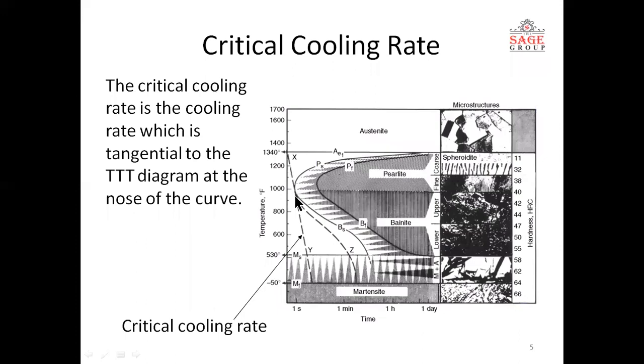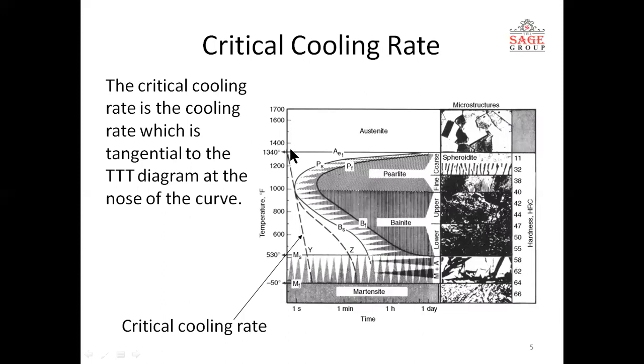You have to achieve such a fast cooling rate because the martensite start temperature and martensite finish temperature are given here. The martensite start temperature is around 500, and it is completed around minus 50 degrees. So you have to bring the steel within a fraction of a second to this temperature range, so the martensite will form easily. Martensite is a structure that imparts hardness to the steel. So the main objective of hardening is to form more and more martensite. And if martensite is formed, that means the steel becomes hard.